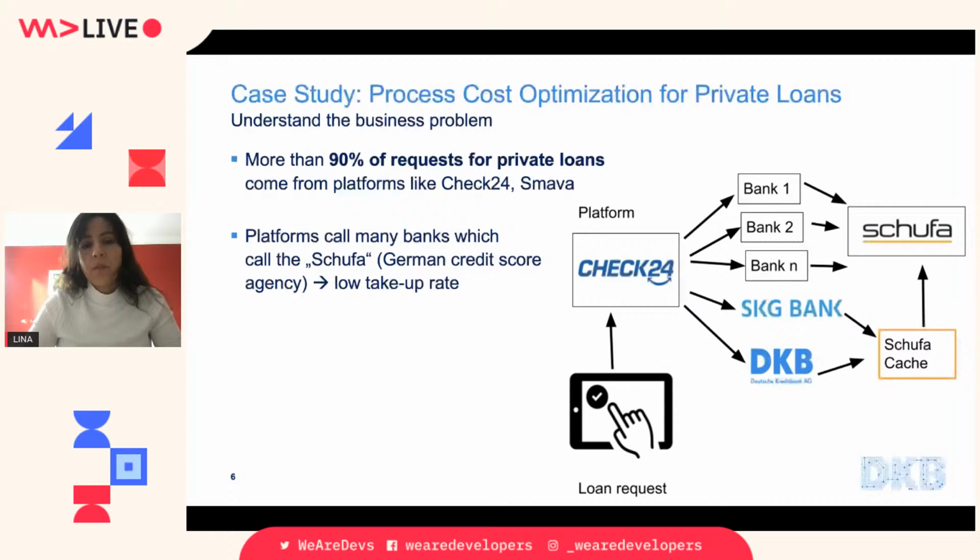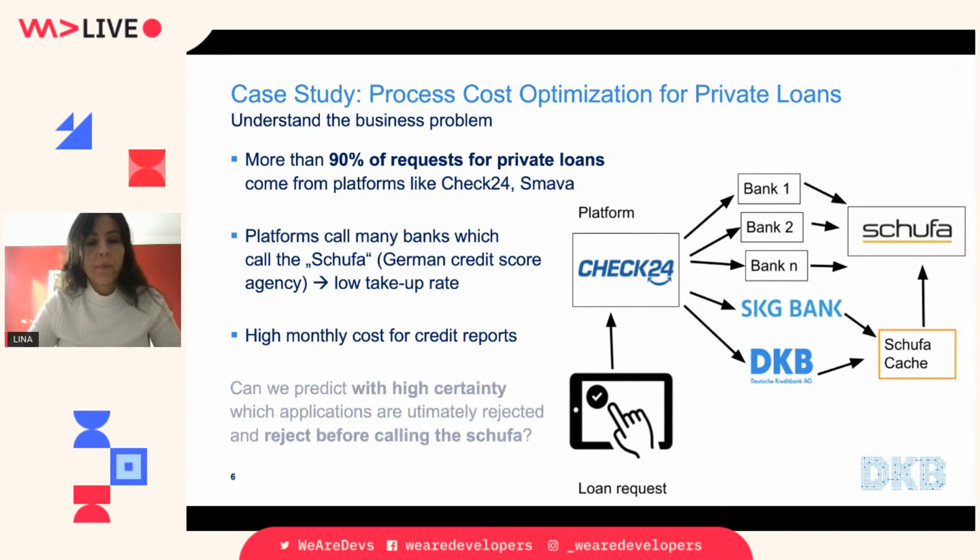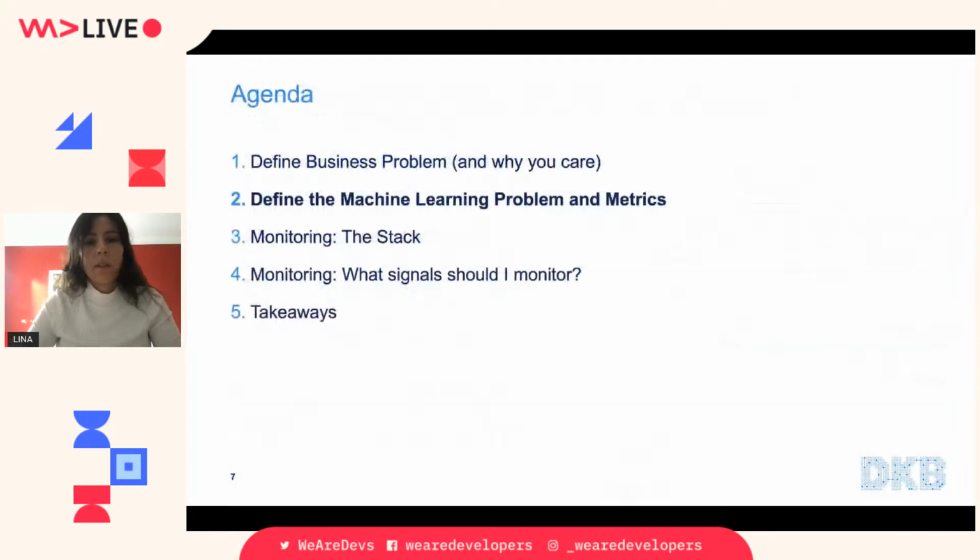There's a low take-up rate, so we are incurring a lot of overhead money costs every month for the credit reports. So what the machine learning model could now do is try to understand which loans are being rejected with a high certainty. If we knew that, we could reject these loans immediately before calling the credit agency, and we could save these high monthly process costs. Okay, so now we will look at